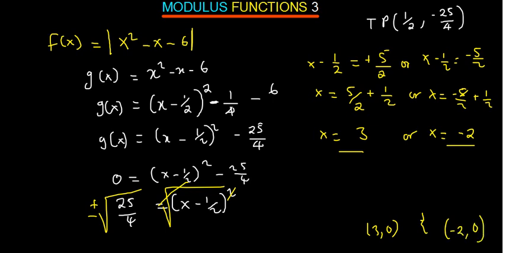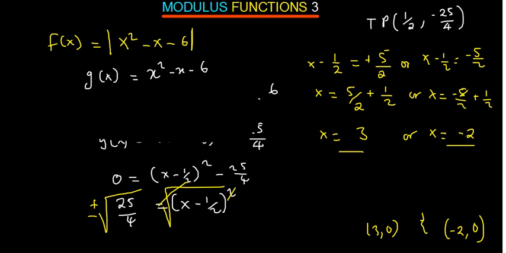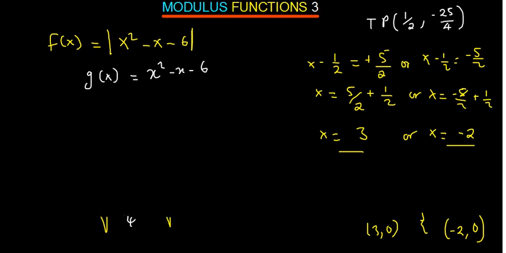Okay, so we can sketch this function. You are supposed also to find the y-intercept. The y-intercept happens when x is 0. Just this constant here is the y-intercept. If you put 0 here as x, you're going to find that y will just give you this constant, which is negative 6. So meaning that you're also going to have (0, negative 6). When x is 0, y is equal to negative 6. So to sketch the function,